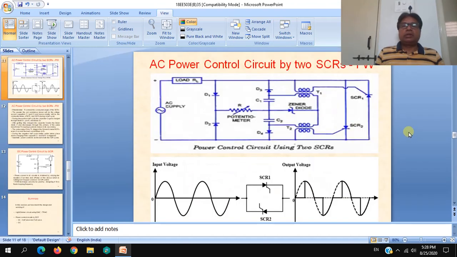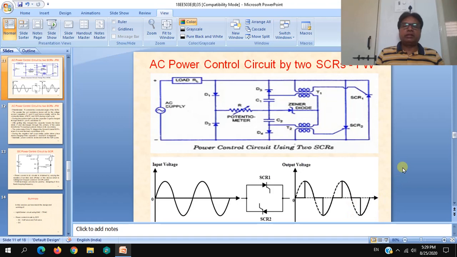Now we shall go through another circuit where two SCRs are used for full wave power control, or control will be achieved in both halves. Just go through this diagram where both SCRs are shown to be conducting in the given half cycles, SCR1 in the positive and SCR2 in the negative half cycle, so that the load will be getting its AC power. The full cycle will be applied to the load. This is the input voltage, and control is employed in both the half cycles.